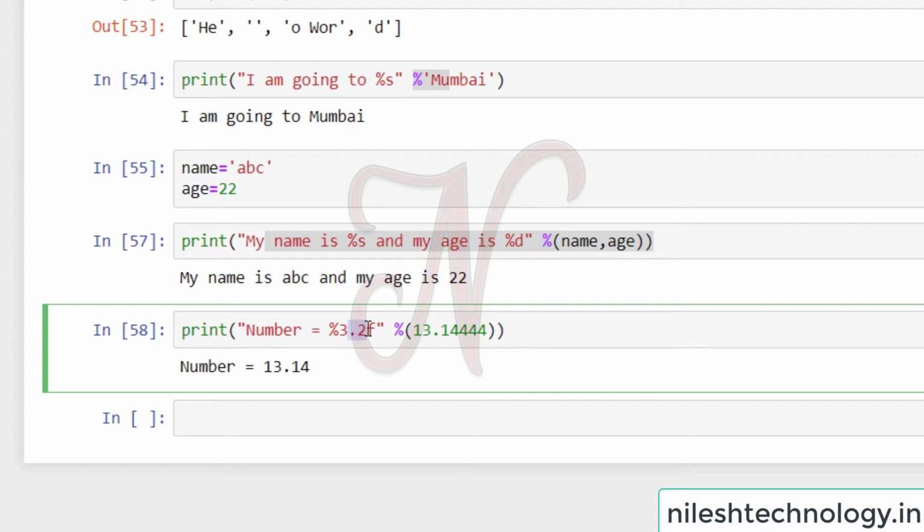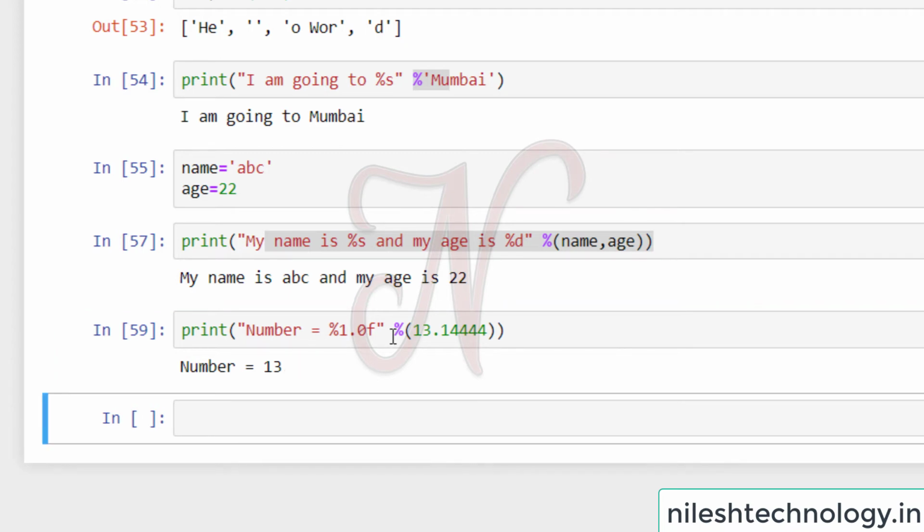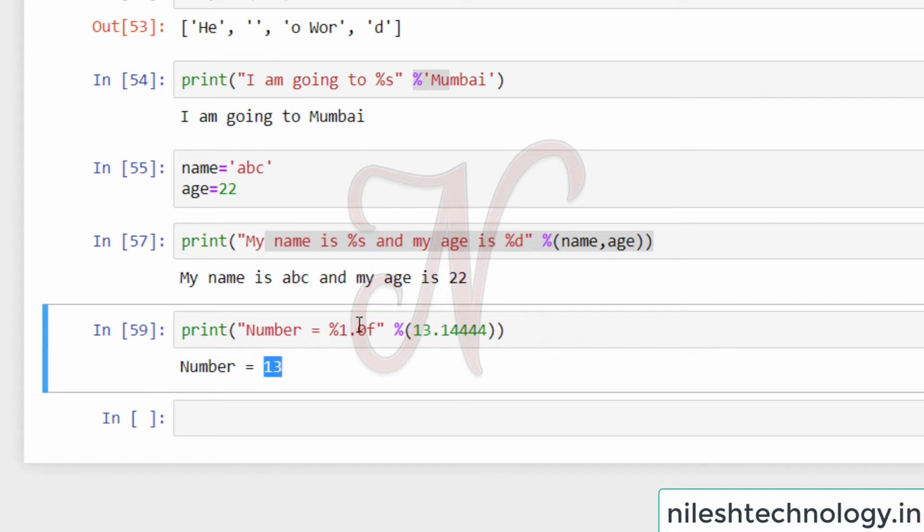Next, if I use 1.0 and run this, see here my output is 13. The minimum width is 1, and my width is 2, so there is no space, and the fraction part is 0, meaning the number is rounded, and my output is 13.